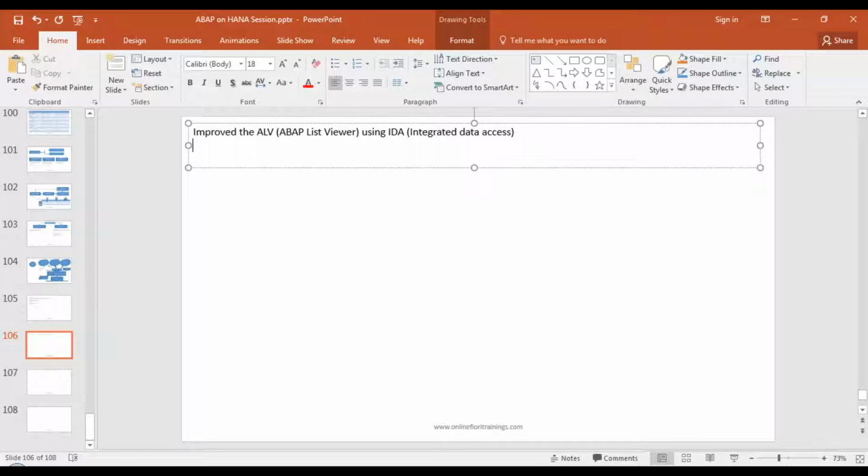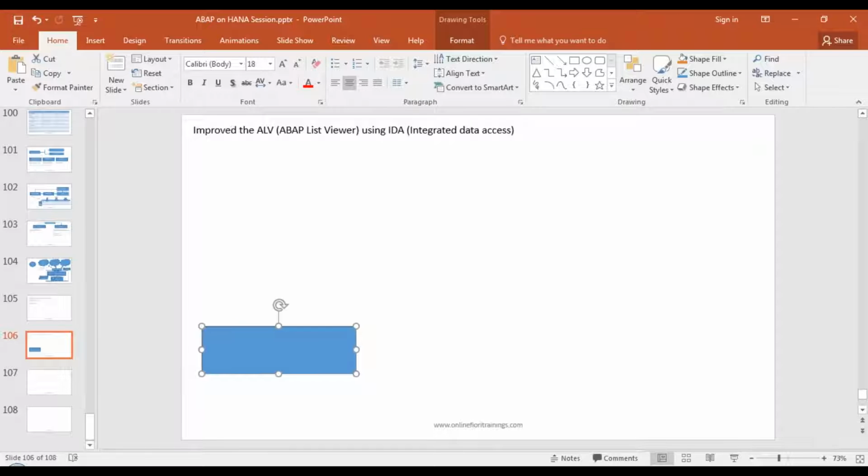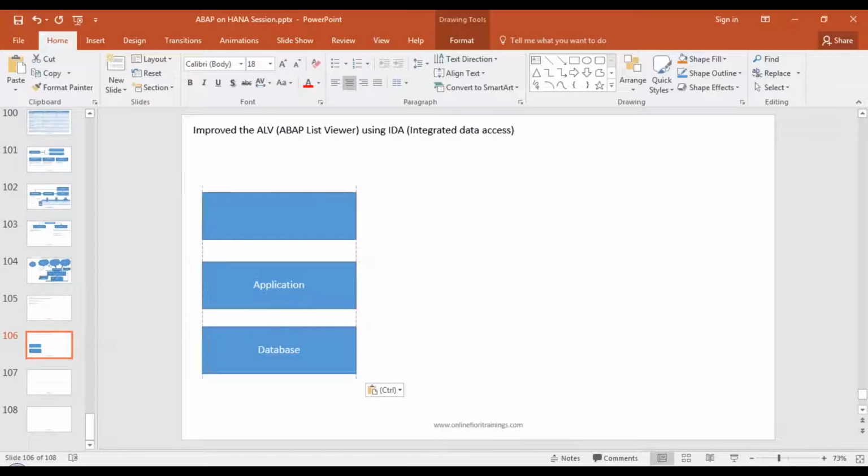And how does IDA work? So typically in an ALV based program which you write, you have your database where all the data resides. On top you have your application layer, and then finally you have your presentation layer, which is nothing but your SAP GUI, where the ALV gets displayed to the user. Now whenever you want to display an ALV, you have to write a program in SAP application